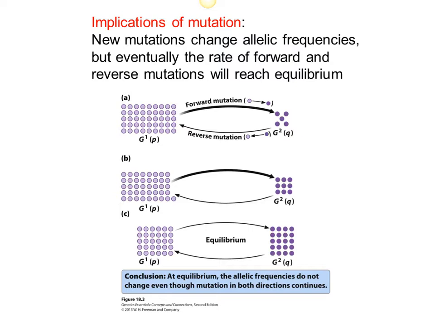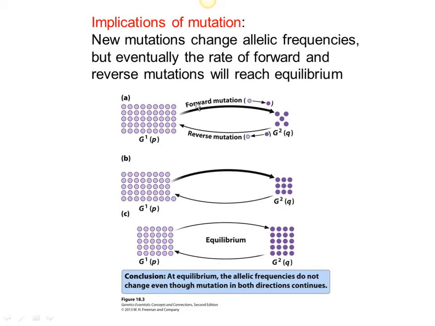Eventually, as long as the source of new mutations is gone, the population will return to a new equilibrium at a later time. So for example, think about populations of organisms that live near areas where there is a nuclear meltdown, like in Japan or Chernobyl in the 80s. Think about rodent populations, plant populations, etc. Any kind of population nearby,